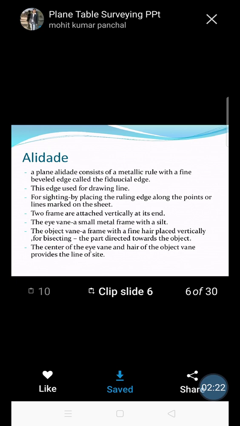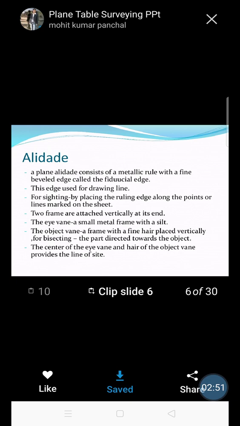The other accessories required along with the plane table are, first, the main accessory, the alidad. Alidad is nothing but a metallic rule, we can say a scale, provided with two sights, the eye sight and the object sight. The eye sight is a vertical sight with a vertical slit, and at the other end the object sight has a crosshair.